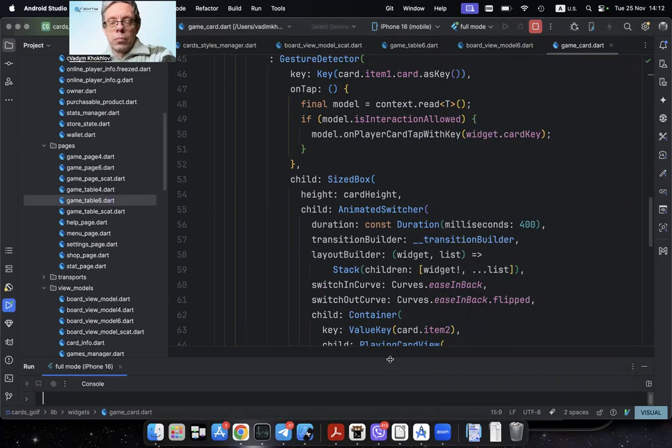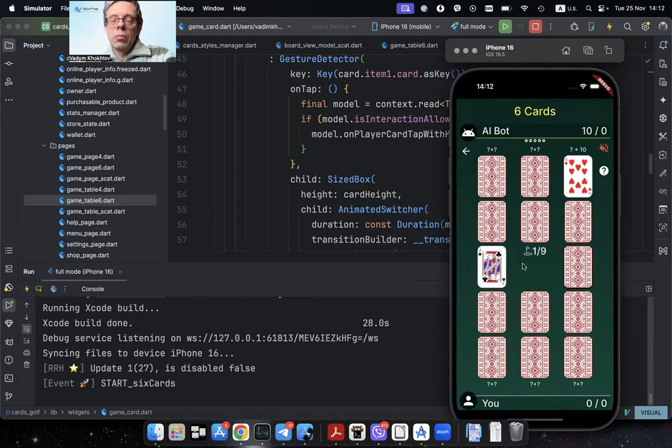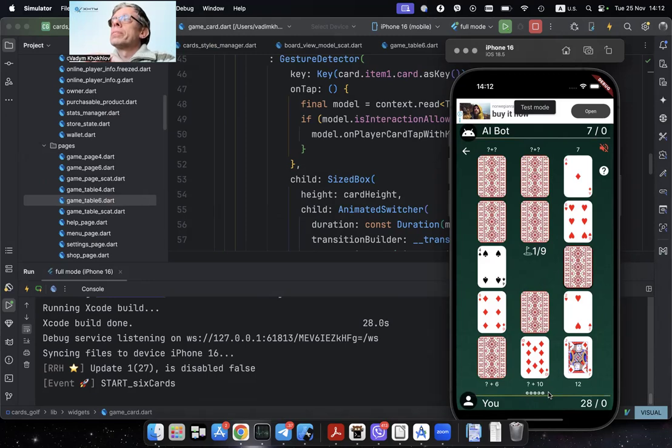So, for example, for this game, we have playing cards which are placed in some pattern, and what we can do. We can rotate these cards, and we can swap these cards with each other. By the way, here you also can see this small animation